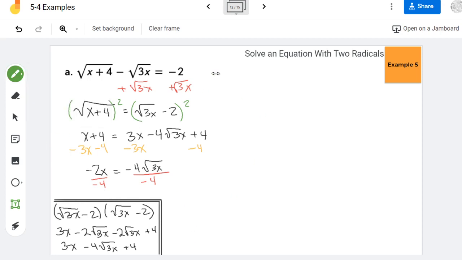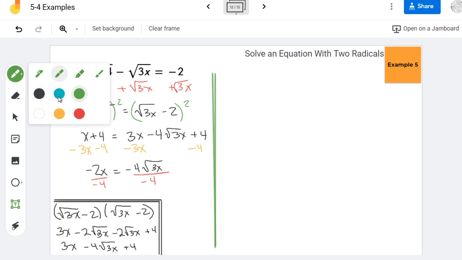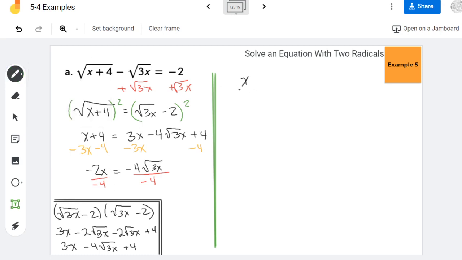And again, I run out of space, so I'm just going to put a couple of lines. Ooh, jeez. Tell my sticky keys that I don't want to hold down shift for forever. There we go. So when I divide by negative 4, what that does is this turns it into x over 2 equals the square root of 3x. Okay? So now that that radical's alone,